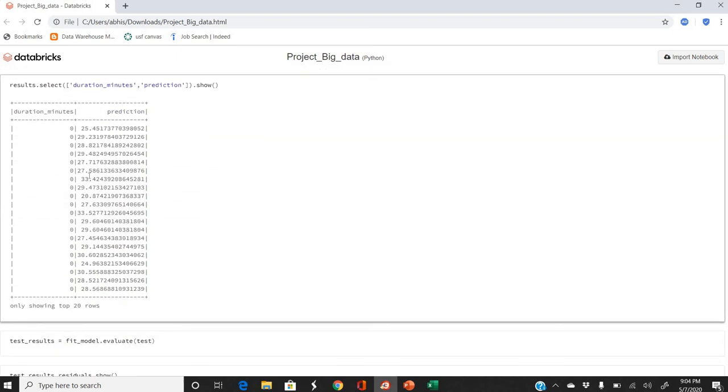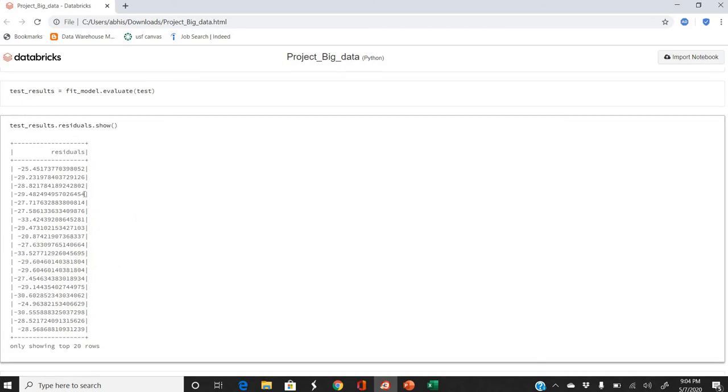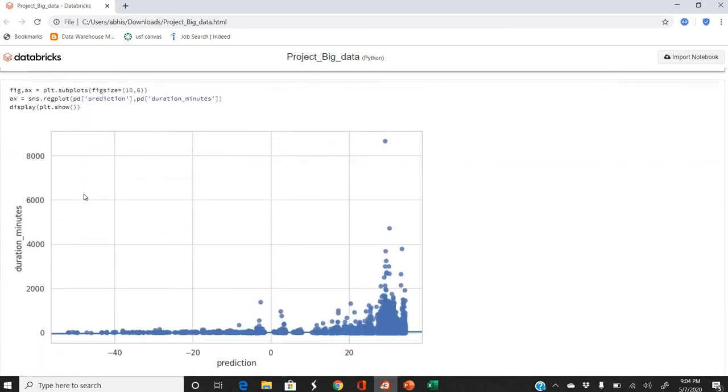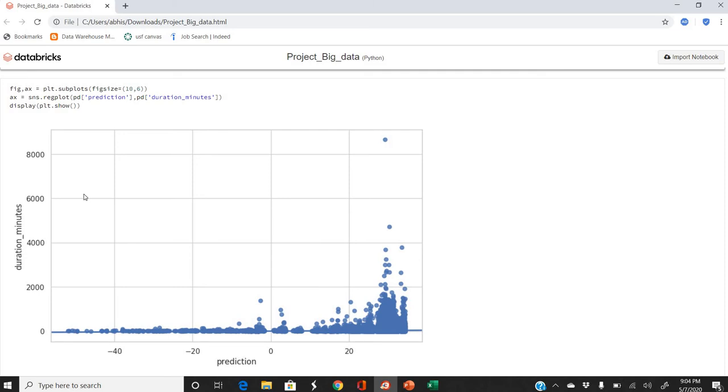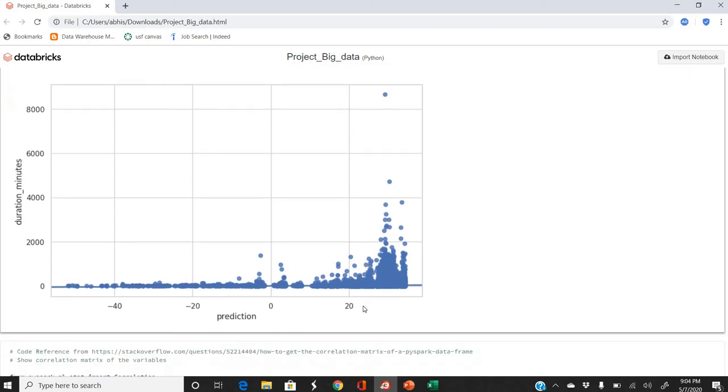Now let's have a look at the predicted and the actual values. If we look at the predicted and actual values, we can see the model has not performed really well, because the predicted values are some 25 and 30 and the actual value is 0. So we can say by this that the model has not really performed well in predicting the values. So these are the residuals, and after this I tried to plot a graph between the actual values and predicted values. So again, as we saw earlier, the model has not performed well in predicting the values. You can see the predicted values are going somewhere and the actual values are apart.